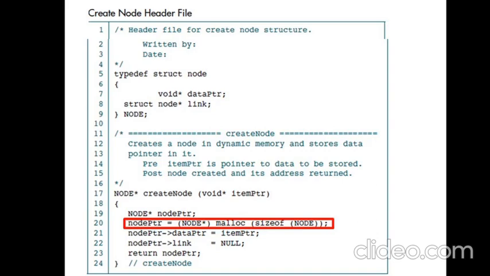Carefully note here that the typecasting is done to the structure type, not to any particular data type. So when you determine the node type, it will automatically be typecasted accordingly. So malloc is made use of for creating the memory for the node.